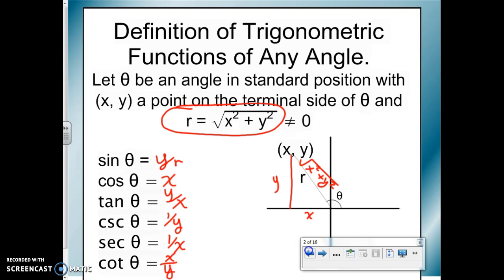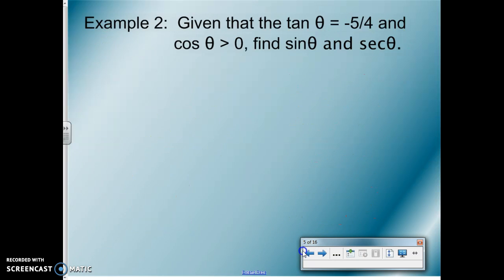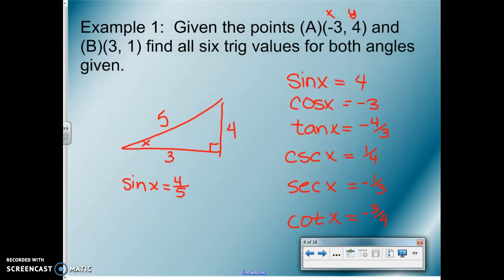Let's put every single one of these over r. So this would be r over y, r over x. I don't think on the sine and or on the tangent and the cotangent we need that. But if we put our radius down there on the bottom, no matter what, because it's opposite over hypotenuse or adjacent over hypotenuse, I think we're going to get this to go. So I'm going to come back over here. Oops. So if I use that little rule,